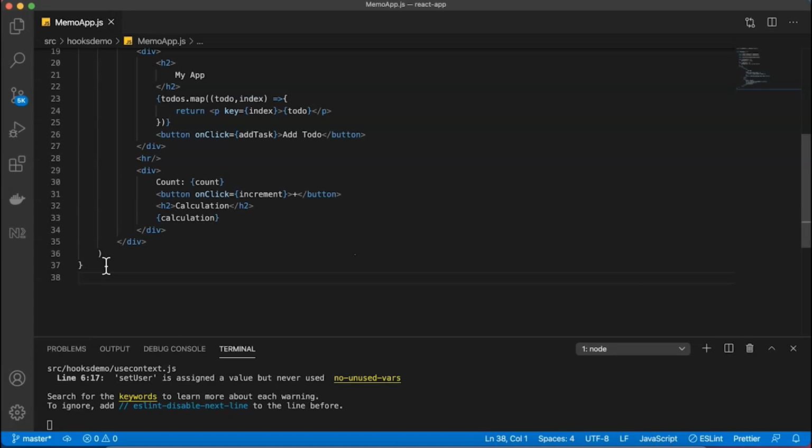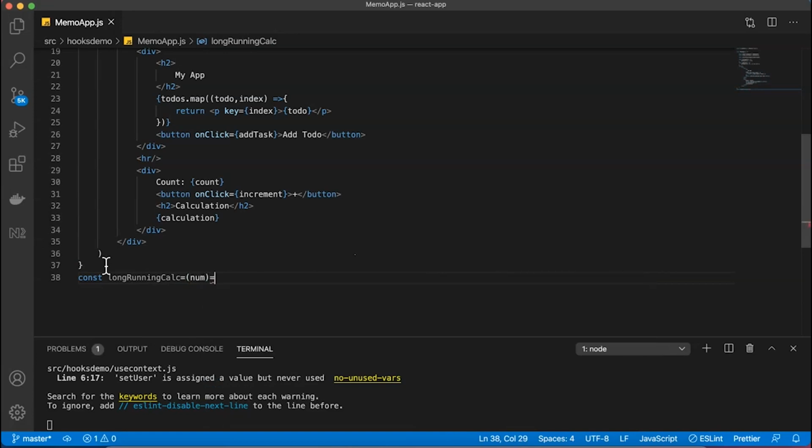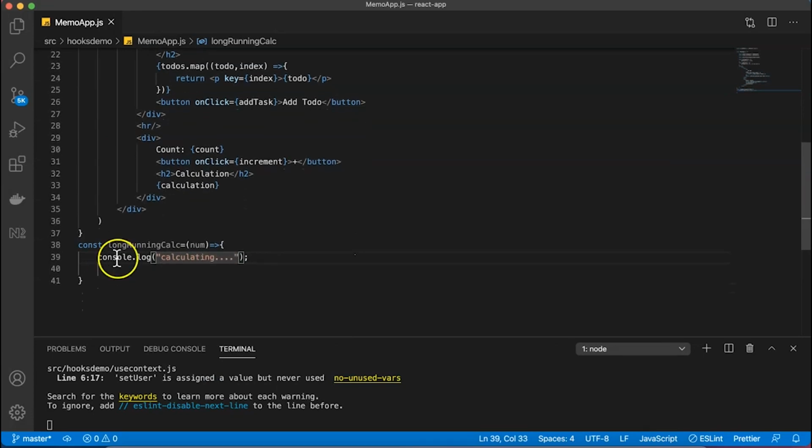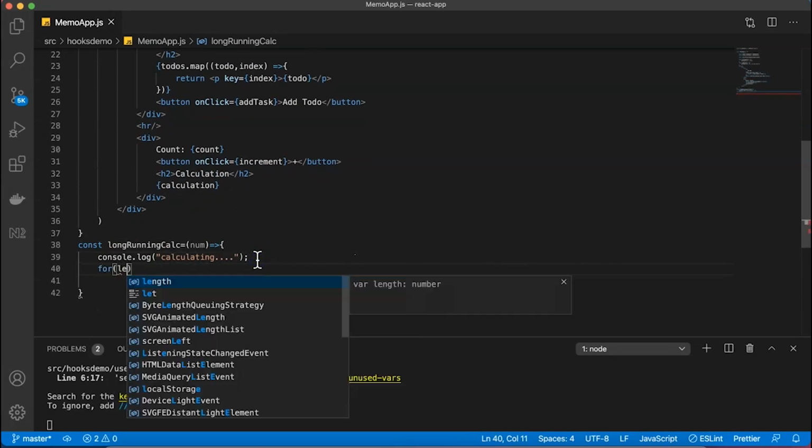So here I'm saying long running calculation equal to, okay, and we are using this log button. Inside this log button I'm saying calculating here,